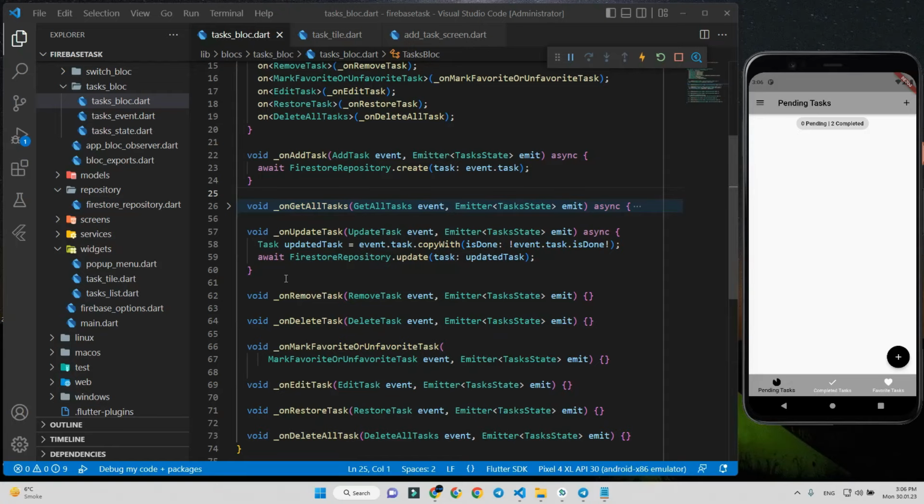Hi there! In this part we're going to learn how to remove and restore the tasks. This remove task should work like if we delete a task,